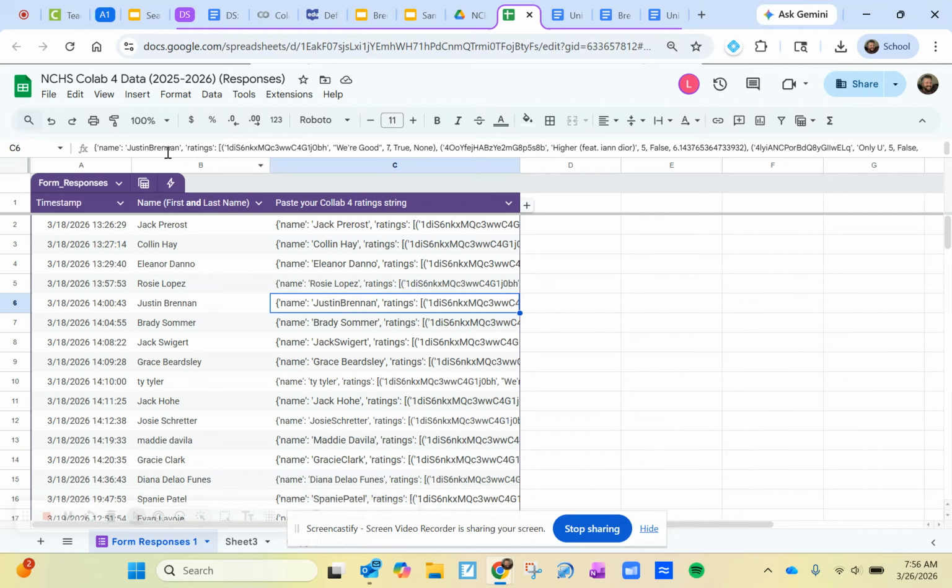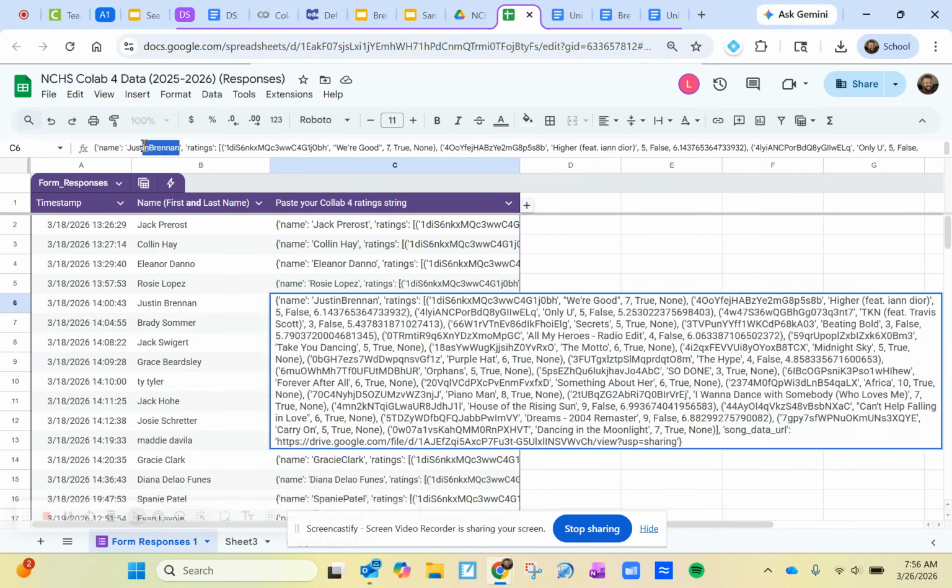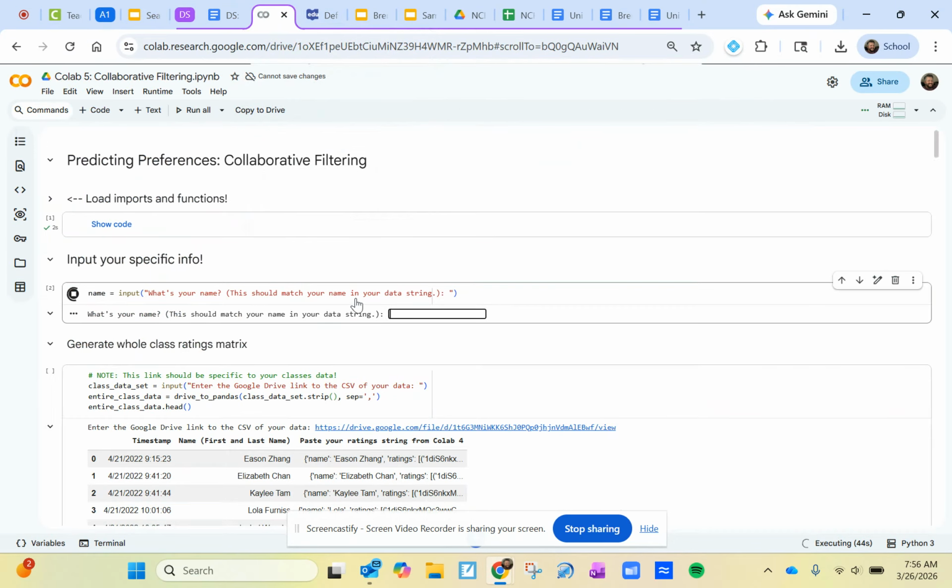But if yours doesn't work, grab the way it's listed in the strand between the single apostrophes. So try both of those. If both of those don't work, then come talk to me and we'll try to figure out what's going on. But mine works here, but I've had students where they've used what's in the strand. Sometimes there's a space after your name, so pay attention to that. Sometimes that's the difference. There may be a space between your last letter and the apostrophe. So all those things actually do matter. But anyway, my name works with Justin space Brennan. So I'm going to type that in